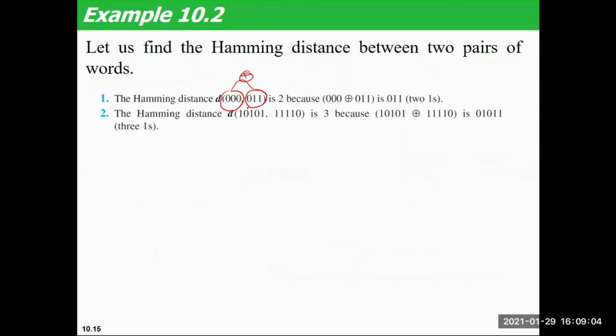After doing the XOR, whatever result we get, we need to see how many ones are there in that result. If we do the XOR of 000 and 011, the result will be 011. We can see that there are two ones. So the Hamming distance in this first case is 2.